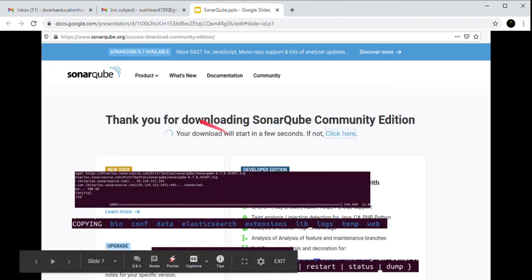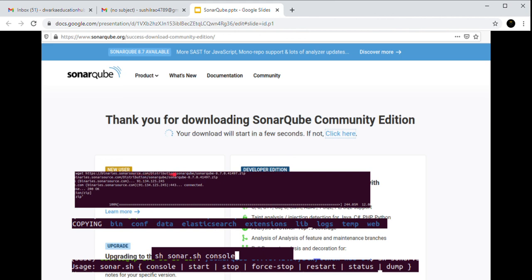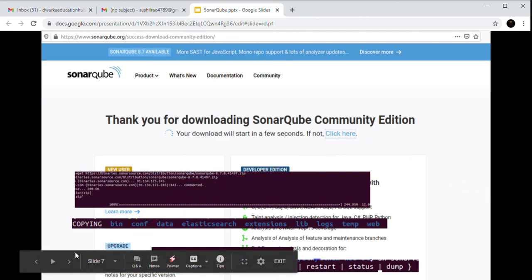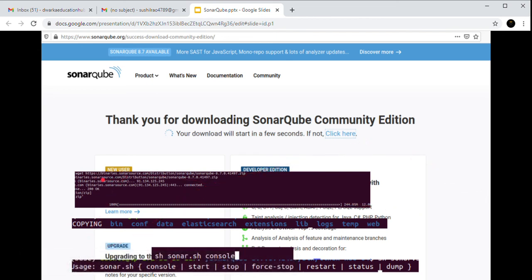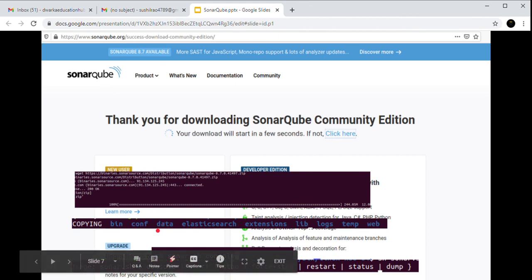Here I have downloaded it. After downloading it via wget, I can just get the link from here and write it. wget is a command in Linux. If you are a Windows user, no issue: you can just click over here, the file will be downloaded, and you can extract it. But I am using Ubuntu, so I used wget with whatever path I got from here and unzipped that. After unzipping, I'll go into the files.